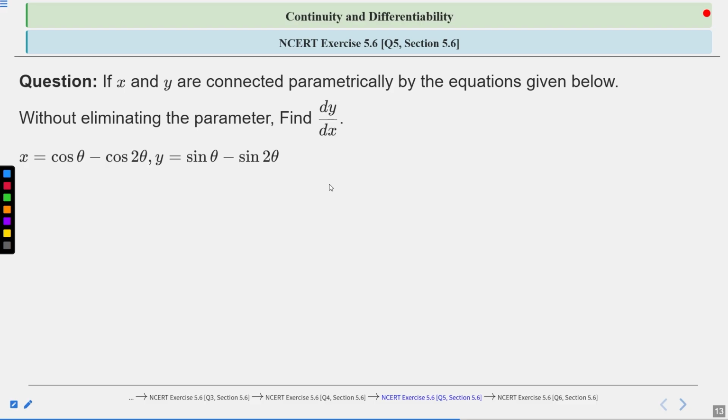So again we will try to differentiate this by using parametric form. First, we will differentiate dx by d theta. After that, we will differentiate dy by d theta, and dy by dx can easily be calculated as dy by d theta upon dx by d theta. Clear? So in this way, you can try to approach this question. You have 40 seconds again to solve or think about this question. After that, we'll move to the solution part.